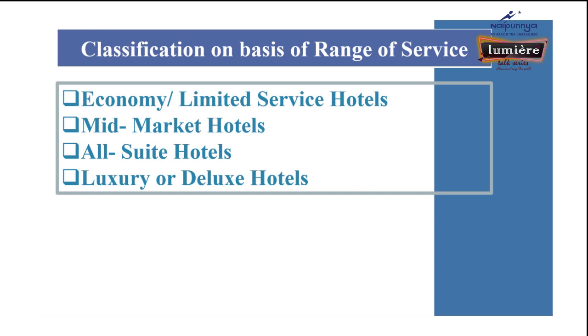A guest with constraint of budget may need a limited service hotel with a clean and comfortable accommodation. On the other hand, a person without any constraint of budget prefers to have a luxury accommodation with variety and standard of service. So let us see a classification of hotels on the basis of levels or range of service